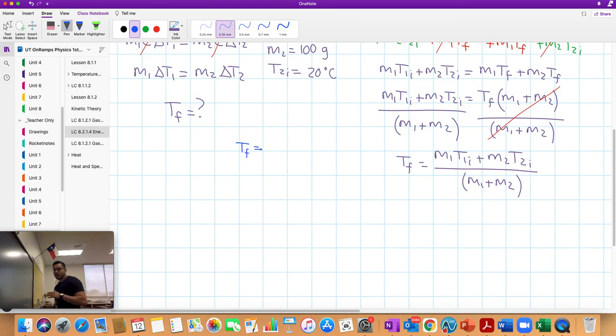So we just move the decimal point 3 spots to the left. So that'll be 0.2 kilograms times, you know what, I'm going to need more space. So let me work here. There you go. Times temperature 1 initial, that was 50 degrees Celsius,